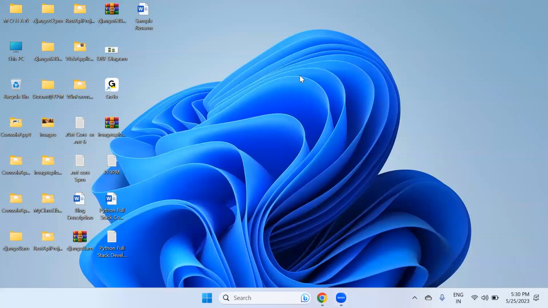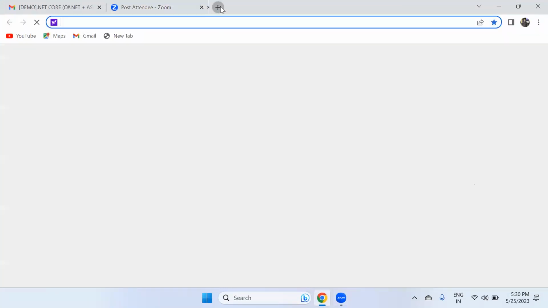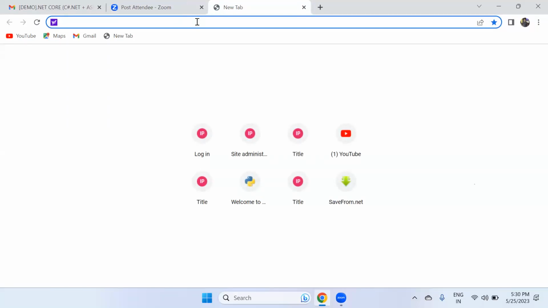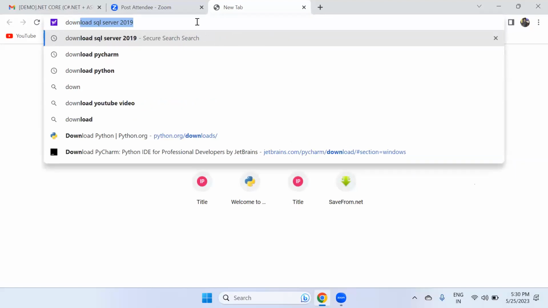I'm going to use it for creating all the applications in C#.NET as well as ASP.NET, MVC, Entity Framework, Web API, everything, everywhere. I want to create an application using Visual Studio 2022. We need to download and install Visual Studio 2022 software. To download and install it, I strongly recommend going to Google and typing simply